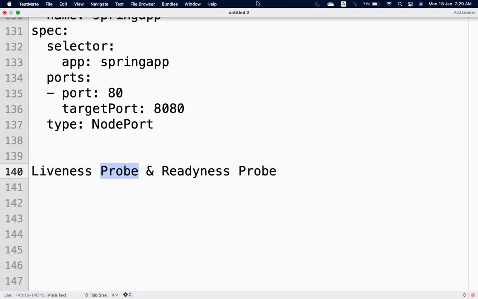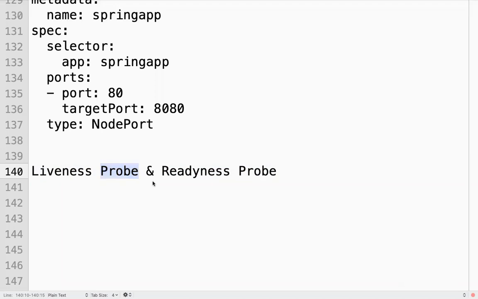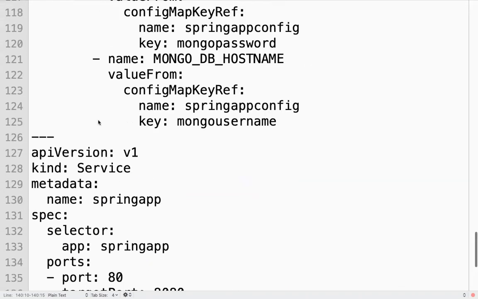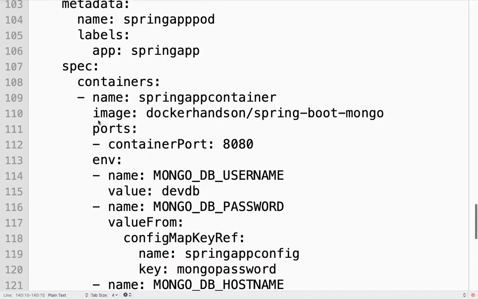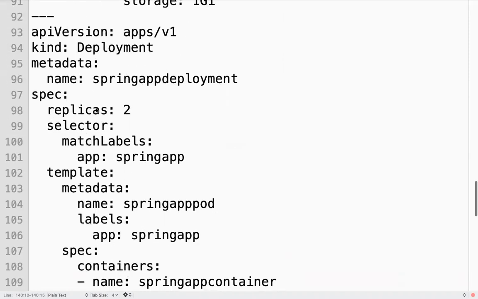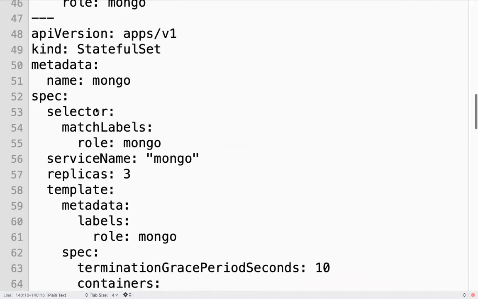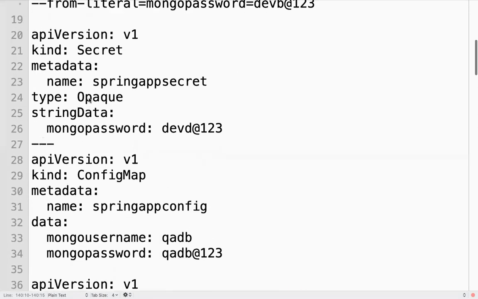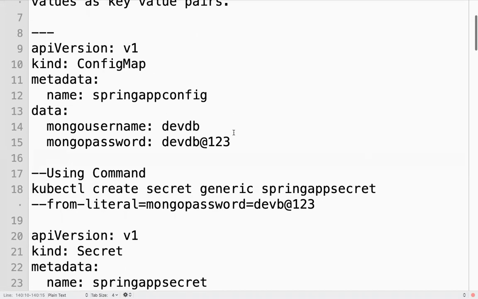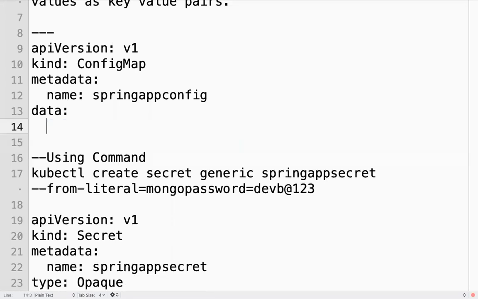So config map also you can use it as a value. Suppose instead of key value pairs, I'll show that in a Prometheus. Instead of key value pairs, you can define it as a file.